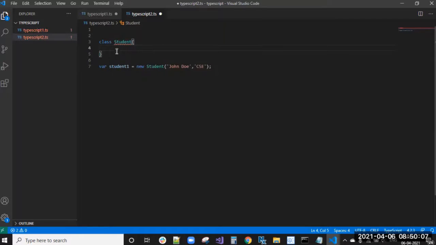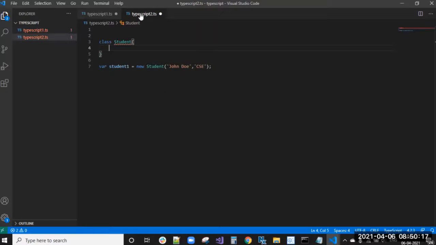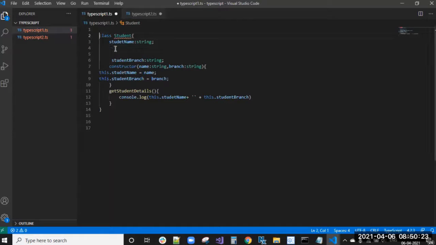So there is no need to create it again, right? Already we have this class student. I want to import this student into another TypeScript file. So when can it be imported? When we convert that class into a module. How can we convert it into a module?